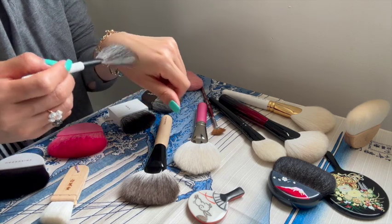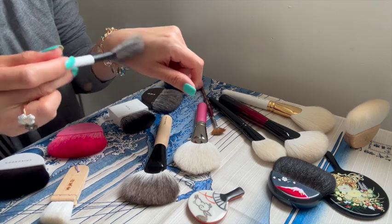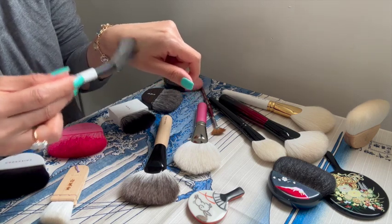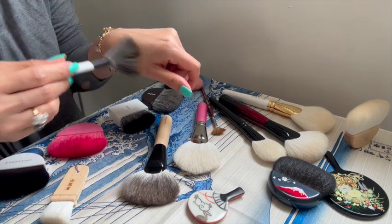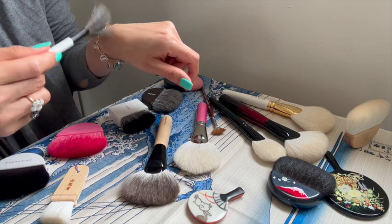And for highlighter, for diffuse and very light application of highlighter, and why not even blush? Very pigmented blush, it will work out. And even for finishing,